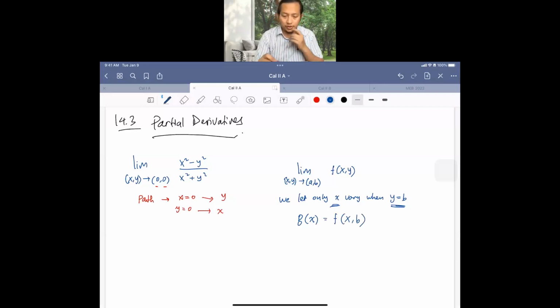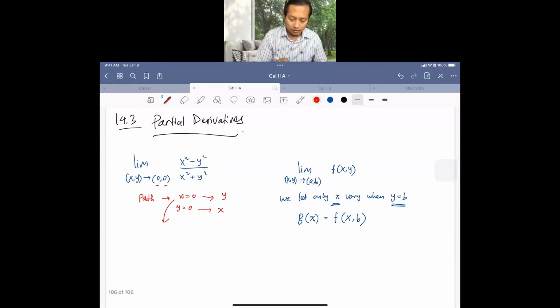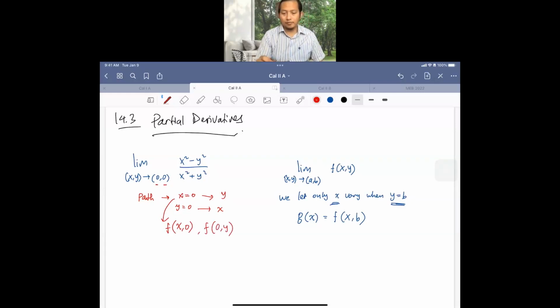If you remember what we did with the limit, here we have f(x, 0) and we have f(0, y), right? Now, if we can differentiate g, if g is differentiable at a, okay, at a,